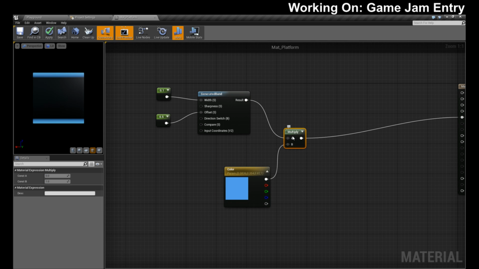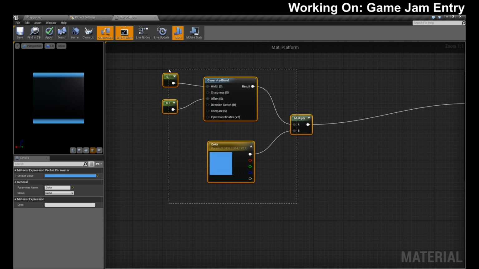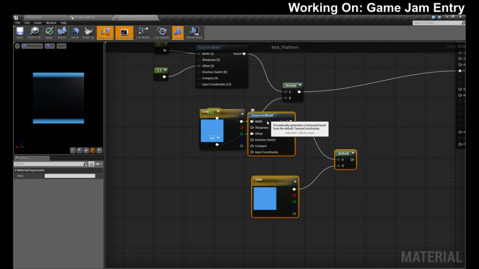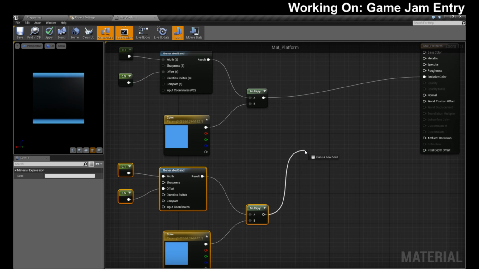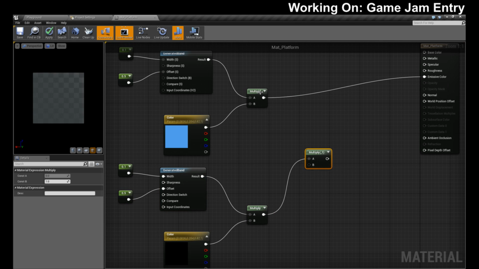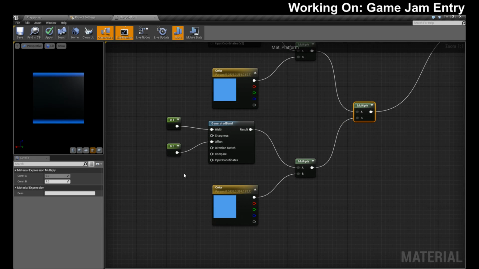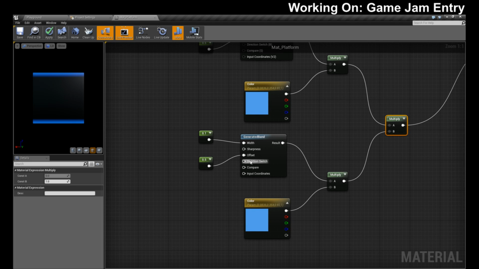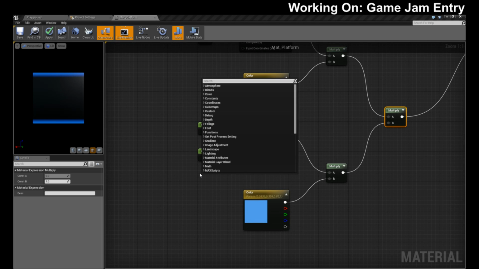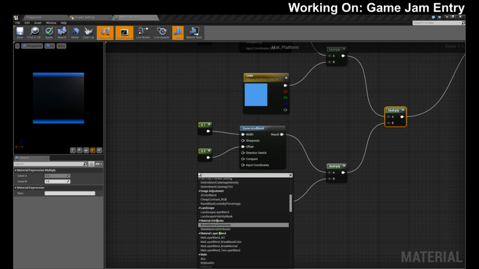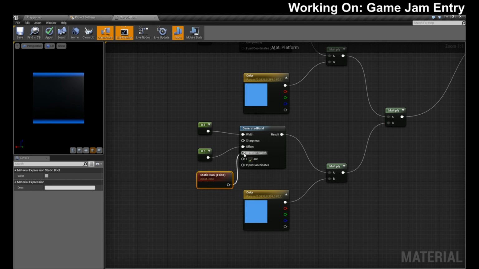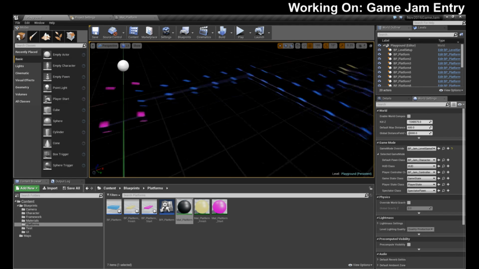Let's see. Should be a Boolean, right? Yeah. Boolean static. Yeah, see, I had a feeling multiply might not give me what I wanted. That's kind of trippy, though.